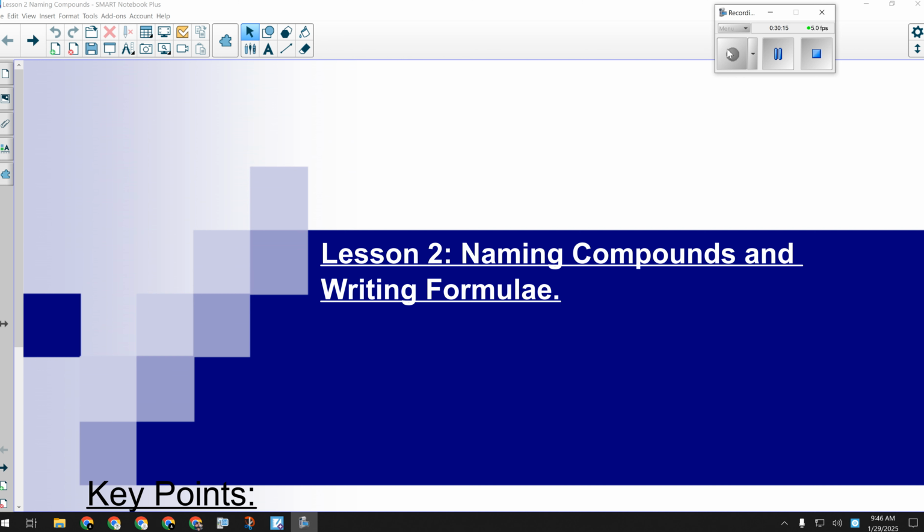So, an ionic compound. What makes up an ionic compound? There's one metal, a metal and a non-metal. One thing from each side of the staircase is what makes up an ionic compound. So we get one metal, the things on the left, one non-metal, things on the right of the staircase. If we get two of those things going together, then that makes an ionic compound.